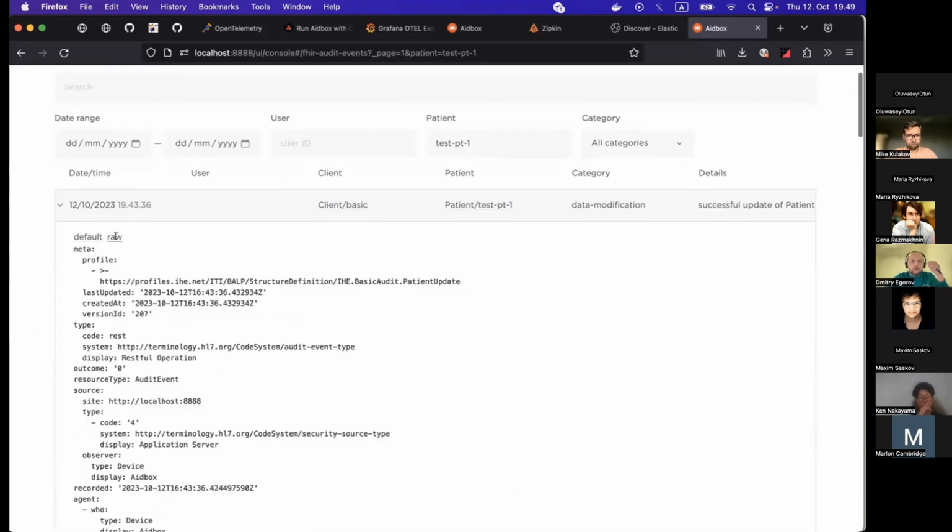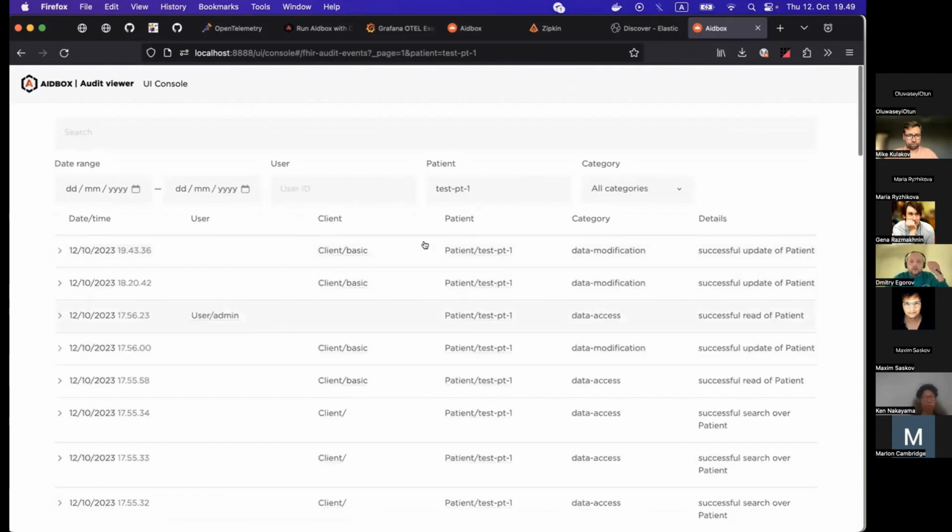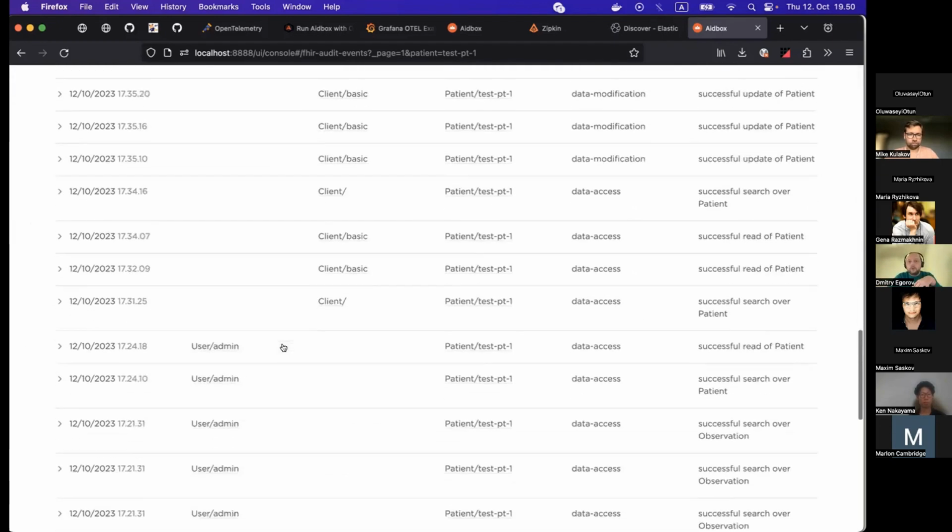Also, you can switch to the row representation of that audit event. Those events I'm streaming you now are generated by Aidbox itself, but it doesn't mean you cannot add your own audit events into Aidbox. Aidbox fully supports the audit event RESTful API. Besides viewing only Aidbox audit events, you can put your own audit events into Aidbox and search through them here